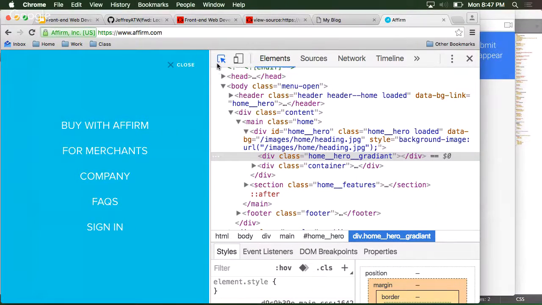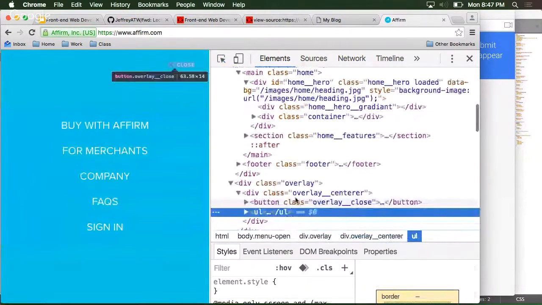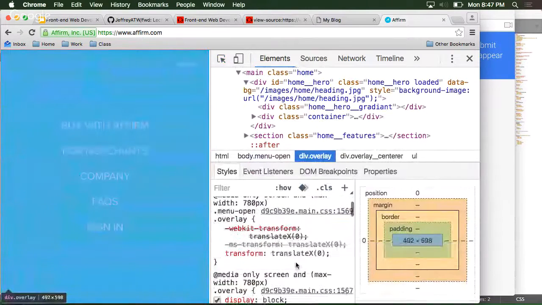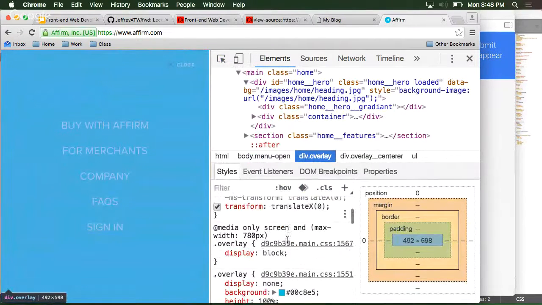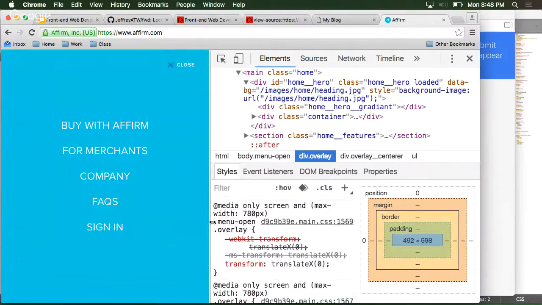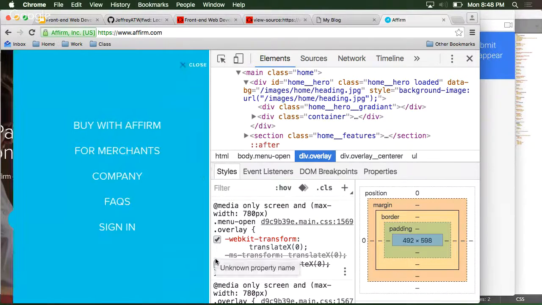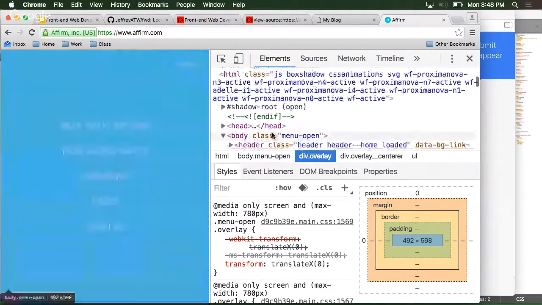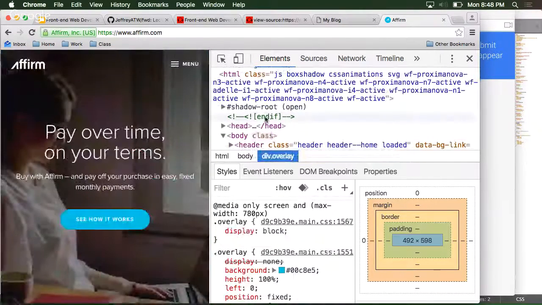For example, this whole thing here is the overlay. And the overlay only has a translateX of 0, that is to say it only moves onto the page if it's inside menu-open. Otherwise, it moves off to the side if we turn those rules off. So a lot of stuff depends on this menu-open class being added to the body. That said, so